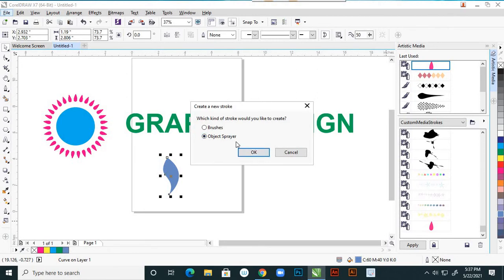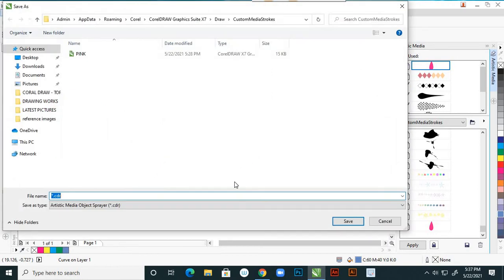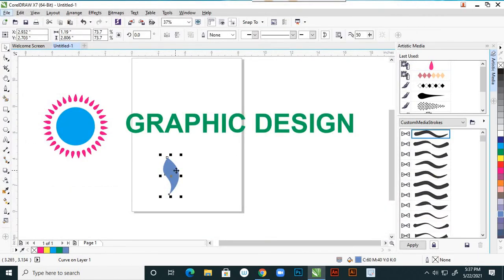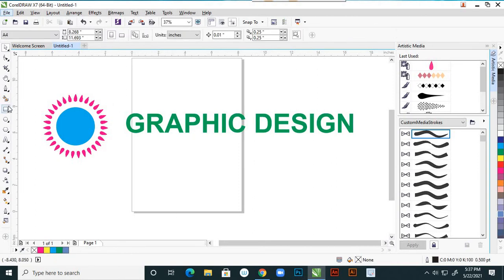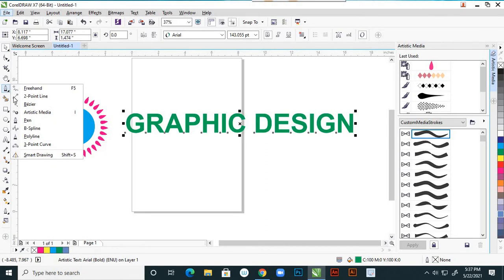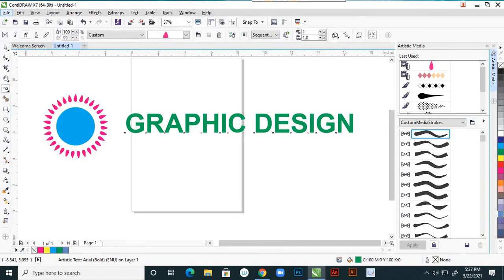Of course you can save it in brushes also, but the result is different. Say OK, give the name new, and save. So this is this, and you delete this. Select this and come to your artistic media brush.